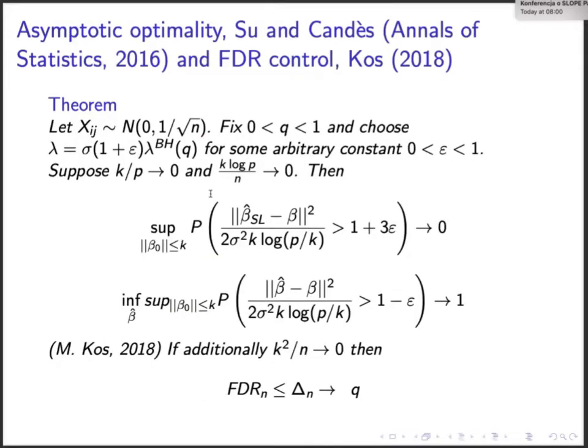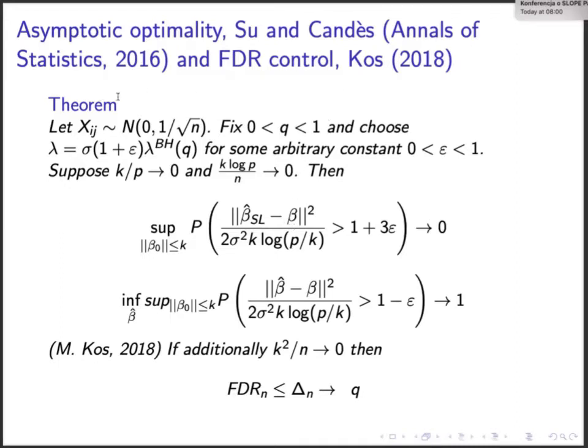So why did we want to do this? I told you that there is some gain. If you allow some false discoveries to appear, you increase the power of discovery of other, maybe not so strong true effects. What we often want in statistics is a small mean square error. So mean square error here is measured by the L2 norm of the distance between the slope estimator and the true value of a regression parameter.